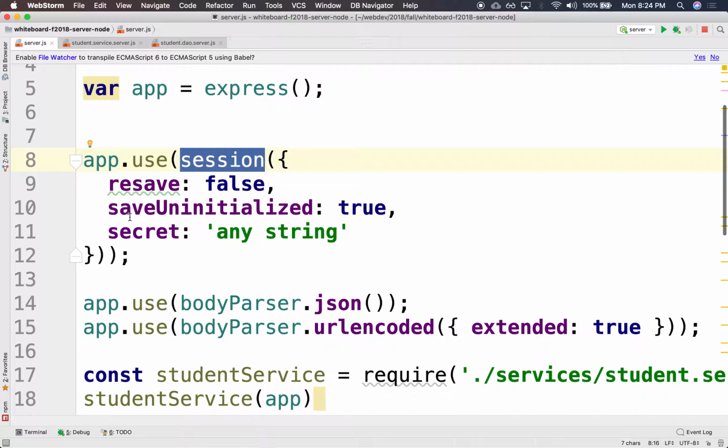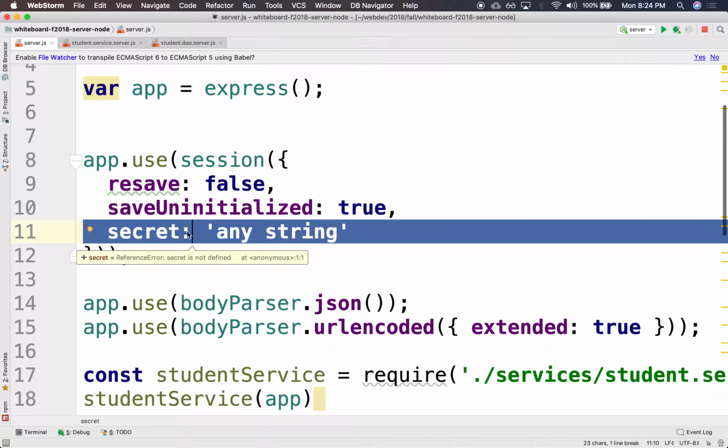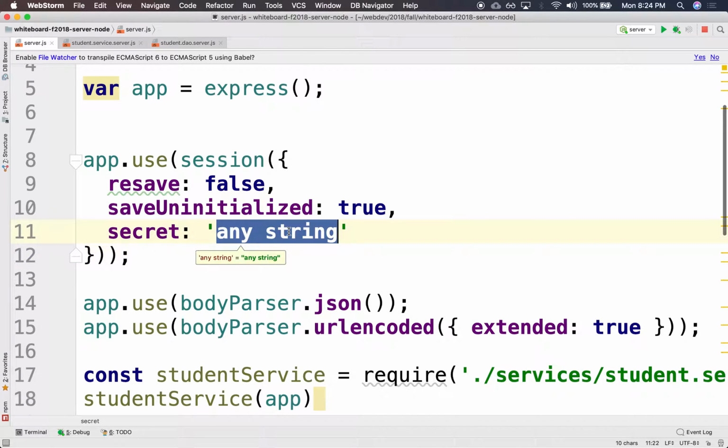It's a session object that takes as argument a couple of things. One of the things that it takes as argument is, how am I going to know that I generated this cookie? How am I going to know it's not a cookie that somebody stole from a session? Maybe somebody looked through my cookie file and grabbed one from me. Well, this allows me to sign the cookie with a string. You can put anything that you want here. Typically, you would not make it hard-coded here as part of the code. Maybe part of some environment variable in your